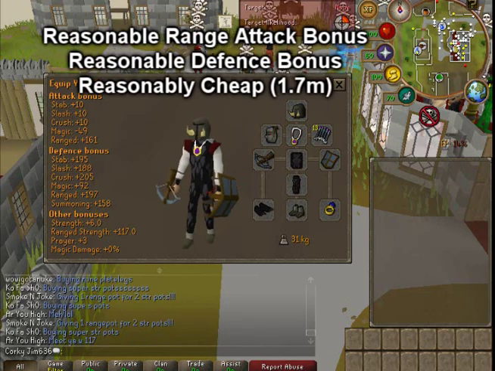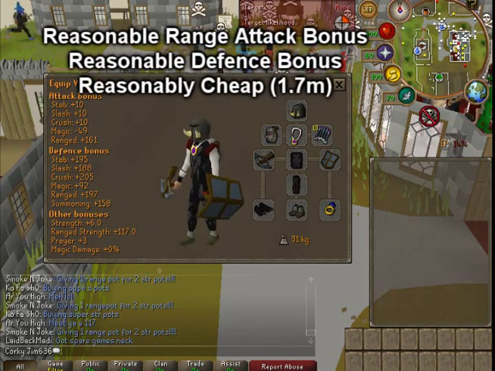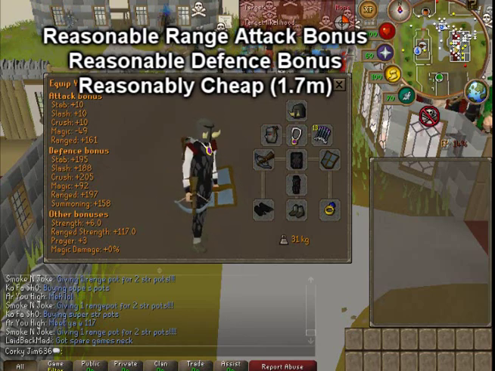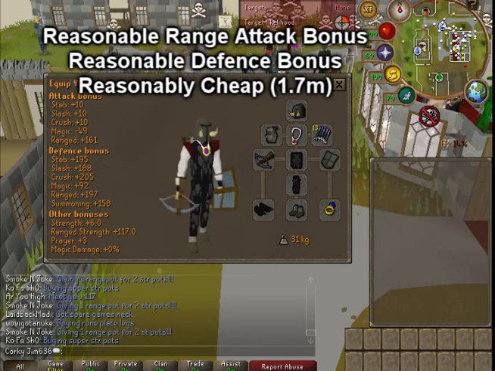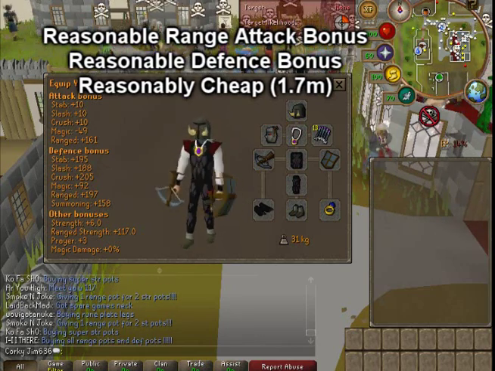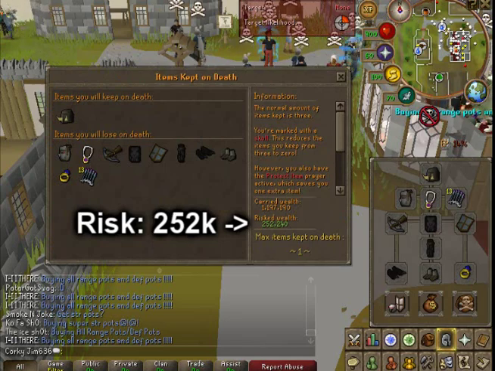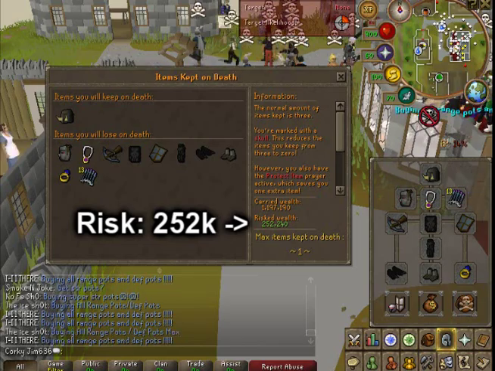Okay guys, this is my favourite setup. It's got the Thorax helm, which you're going to keep, so that's all good. It's got a nice high defense bonus for everything. Really surprisingly high range attack bonus, considering that you are using the Thorax helm, so it's really good all round. Okay guys, so this is the risk. It's even lower than the other setup, so this is probably the best setup